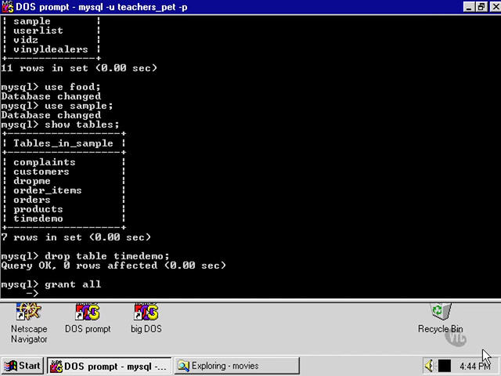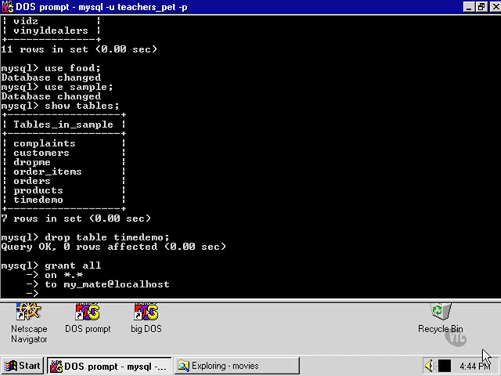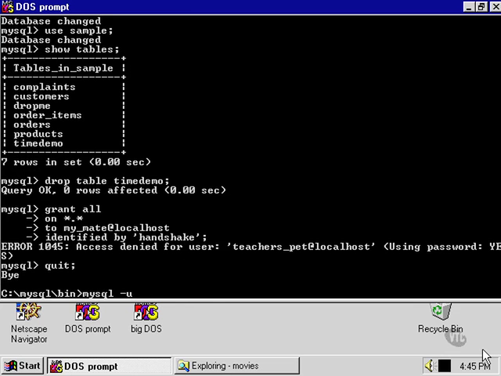Let's try, however, as teacher's pet, to grant all the power that teacher's pet has to his mate, using the same syntax. As we can see, although teacher's pet has all the power to do anything he wants within the database, teacher's pet is not allowed to pass on those privileges to anyone else. Let's log back in as root user,